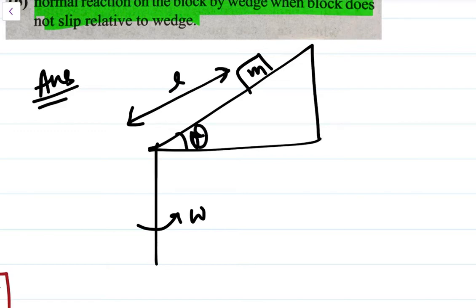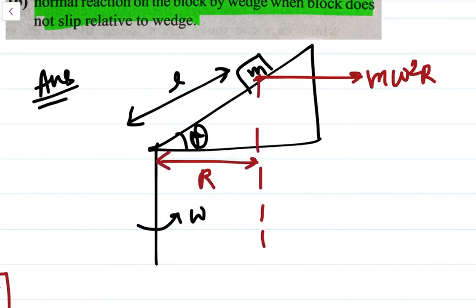Alright, so I told you we have to obviously go in rotatory frame to solve these type of questions. So it will obviously have m omega squared r in this direction. So the question is what do we have to take the value of r. I told in previous lectures, always take the perpendicular value of r. Always the perpendicular length, that will only be the r, not this. We don't have to take m omega square L. I already have told this a few times in the previous lectures, so please be careful with that.